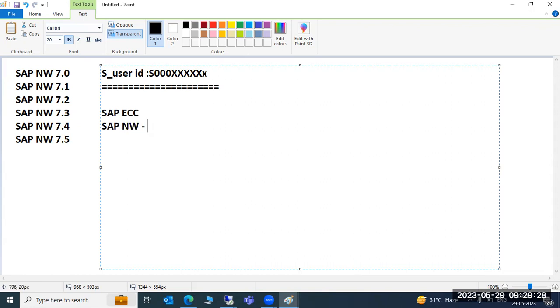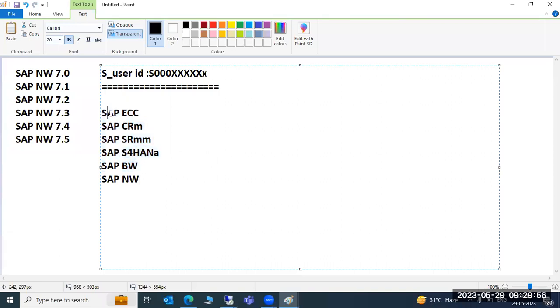Every product, either ECC, CRM, SRM, SAP S4HANA, SAP BW, or any SAP product, mandatorily requires SAP NetWeaver. Without the SAP NetWeaver version, we cannot work on these systems.